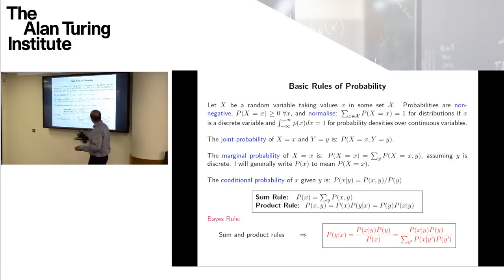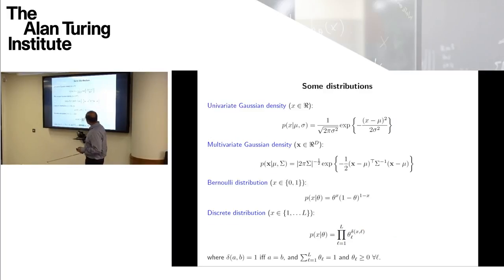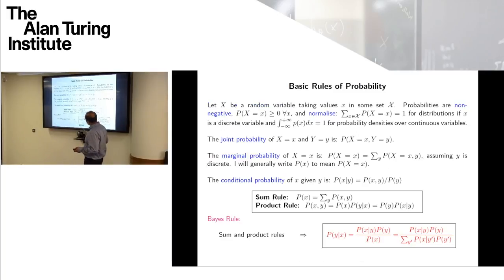A simple corollary of the sum and product rule. And this is the stuff that we're going to use a lot. This is at an abstract level, but to apply this, we need to actually know about some probability distributions, and there are as many probability distributions out there as you choose to invent, but some of them are very widely used